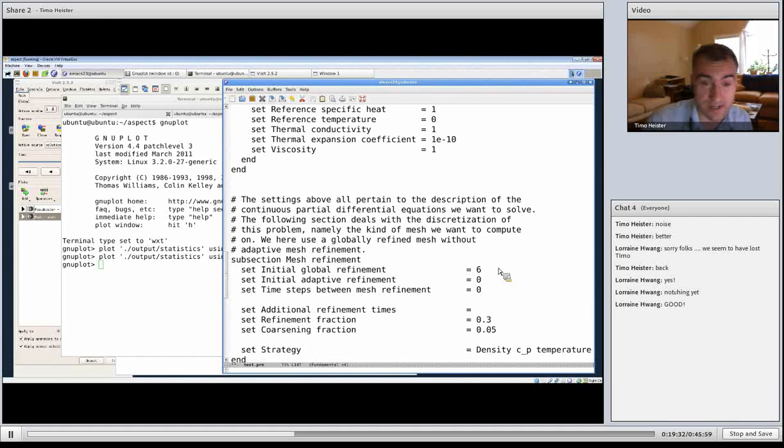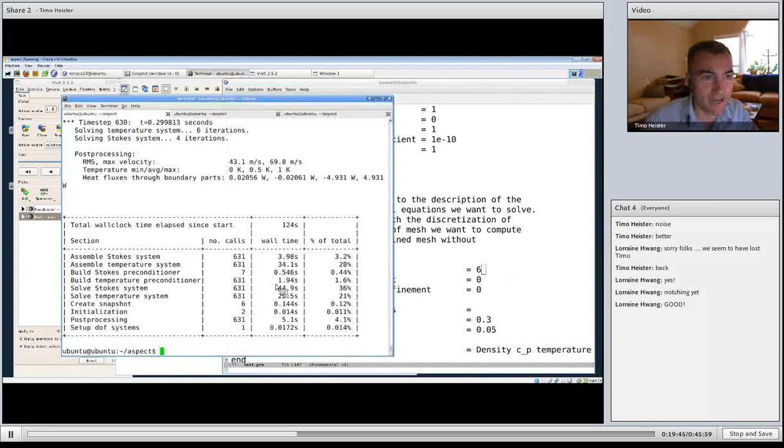We have 16 times as many cells, and we also need to make, I don't know, 5 to 10 times as many time steps. And so this would not take 2 minutes anymore, but it would take half an hour, and I was not going to do that. And instead, what I'm going to